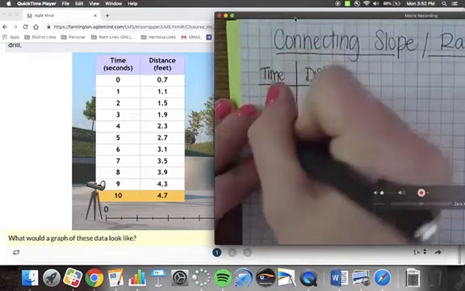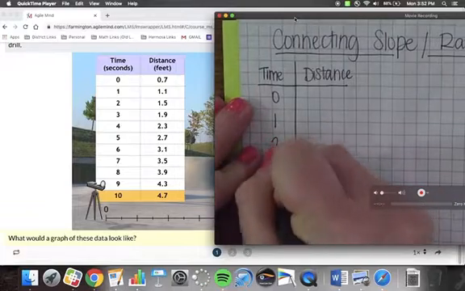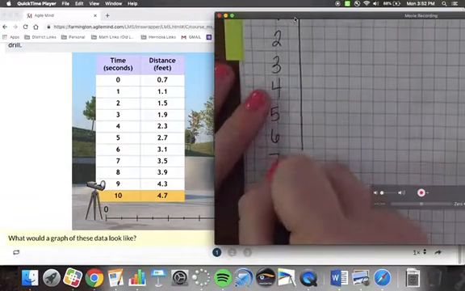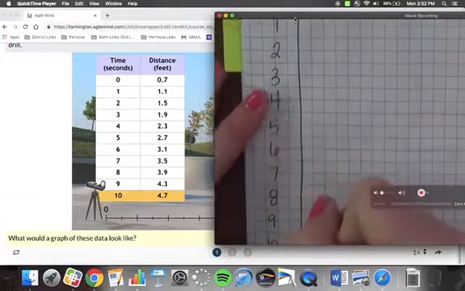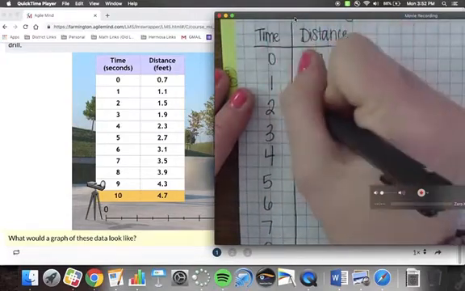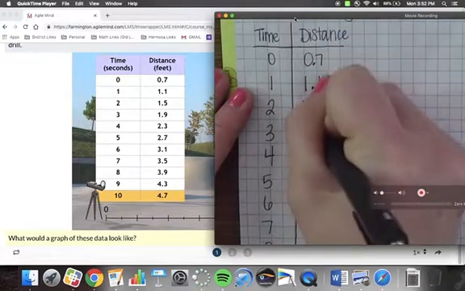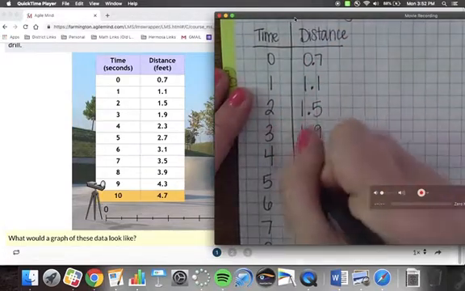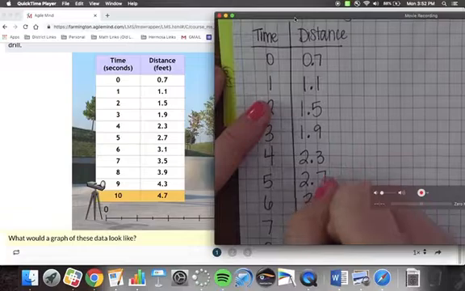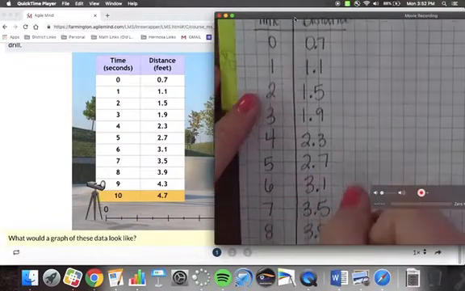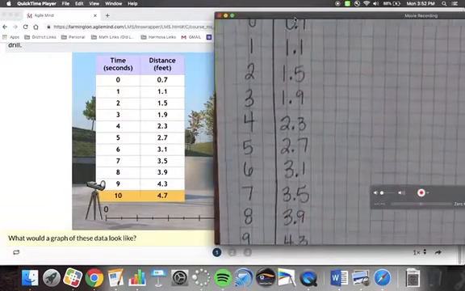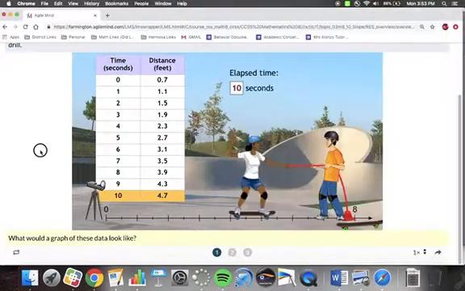It's 0, 1, 2, 3, 4, 5, 6, 7, 8, 9, 10, and then it's 0.7, 1.1, 1.5, 1.9, 2.3, 2.7, 3.1, 3.5, 3.9, 4.3, 4.7. So go ahead and write all of that into your notebook, and then we will continue on with